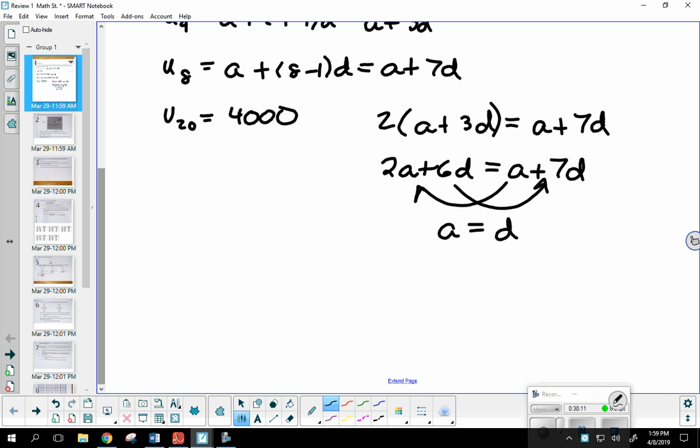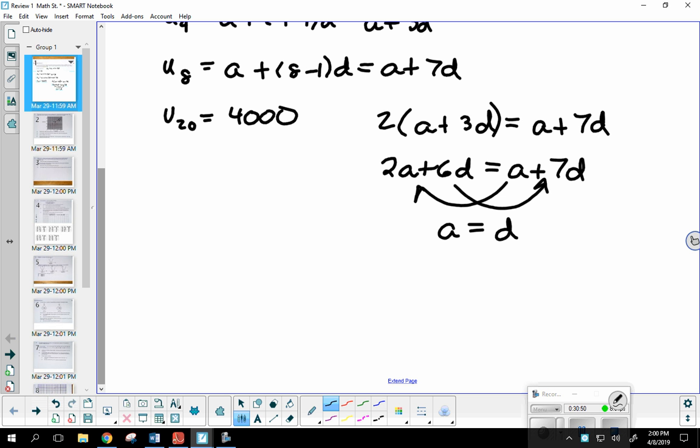to d. Yes, ma'am. In this case, wouldn't we be able to divide the 4,000 by 20 and then just multiply by the year that we want it to be? Because that gave me the 200. But doesn't that already tell us that the A is going to be 200? So you took the 4,000 and divided it by 20? We get 200. It does give me 200. I don't know if that's a fluke or